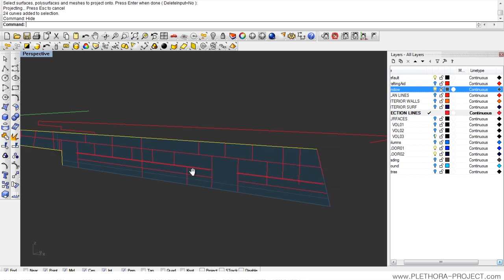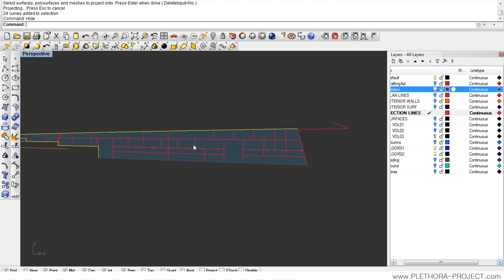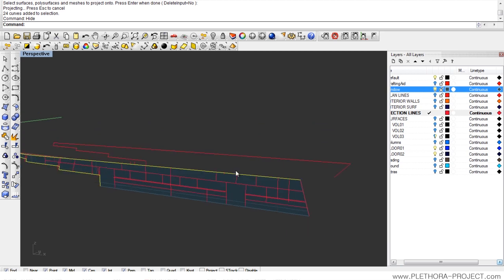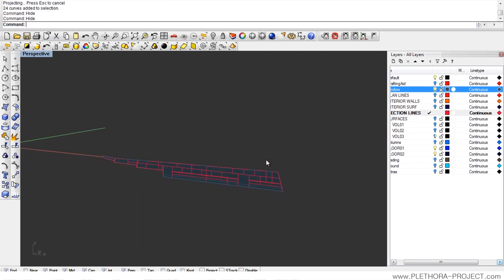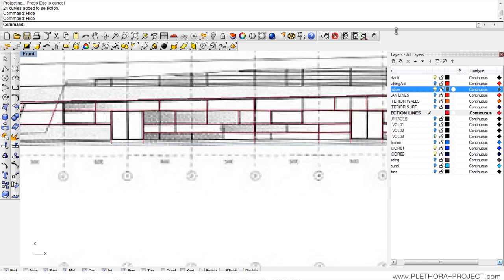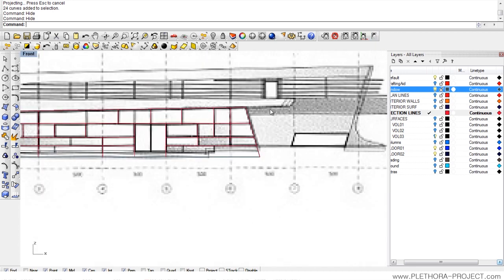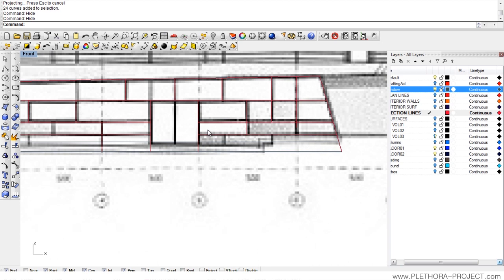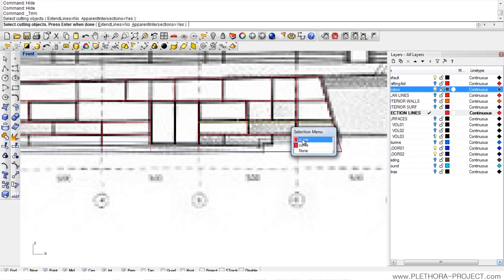And this green, yeah, we could leave that one. And this one we will hide as well. So now we know that we're working on the actual surface, right? If we missed some of the trims, like here,